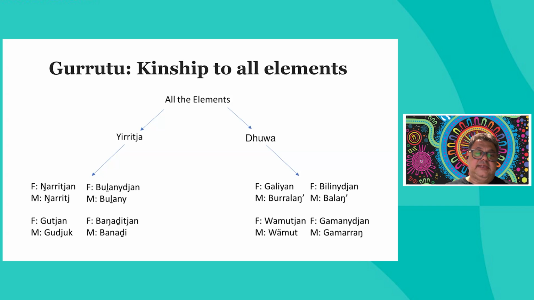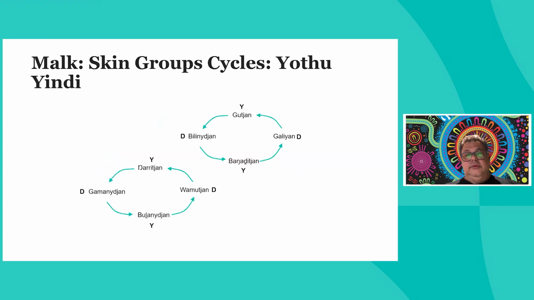So you notice that there's an F and an M against the name, so that's just a female-male version of that mulk. Mulk in English translation is skin name. Might have heard of skin name, but mulk is the language word for that. So you got 4 underneath all of those. Now, if you go to the next slide, this is how, when you're born into Aboriginal society, this is how you get your mulk, because you actually get it from your mother.